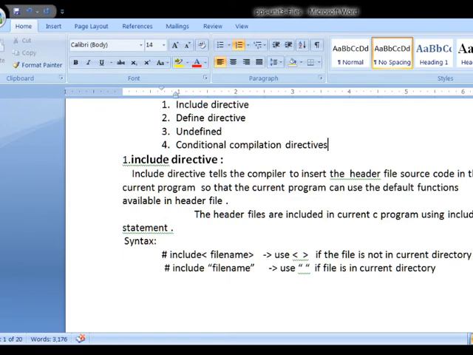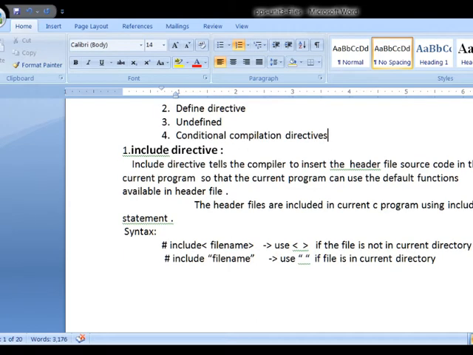The include directive tells the compiler to insert the header file source code in the current program so that the current program can use the default functions available in the header file. The header files are included in a C program using the include statement.